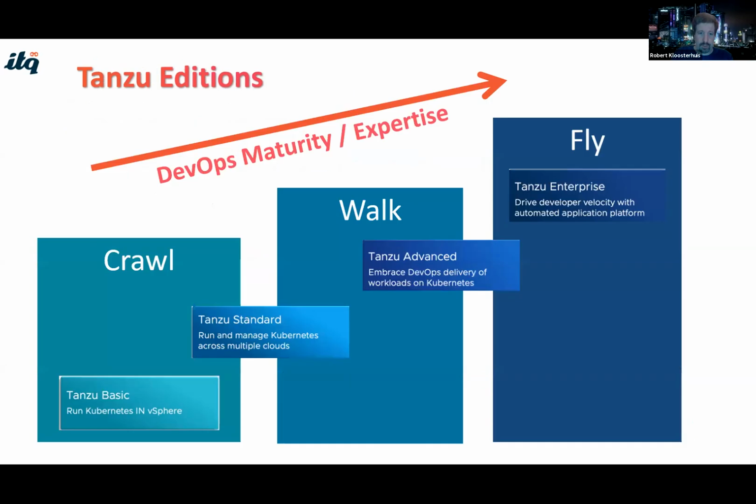So if you look at the Tanzu editions, this is how they break down. There are 4 editions, and currently 3 have been officially released. Tanzu Advanced, in fact, went GA, general availability, only a few weeks ago. We know Tanzu Enterprise is coming. I've added my own little arrow here, which indicates this